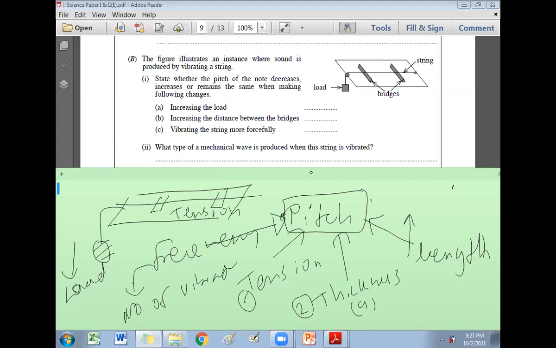How to change the vibrating length? By holding the wires or the strings at different places using one hand. From one hand you are tapping the strings, not fingers, the strings or the wires. From the other hand, you are moving the fingers along the wire in order to change the vibrating length.